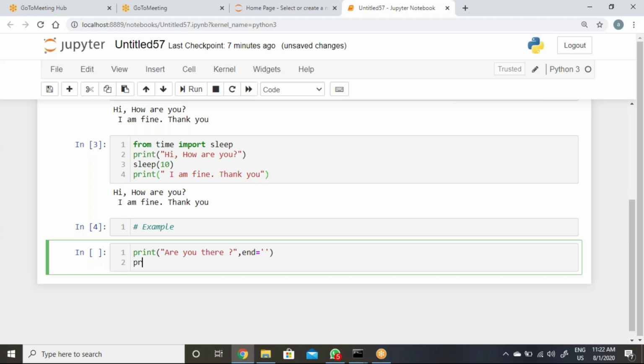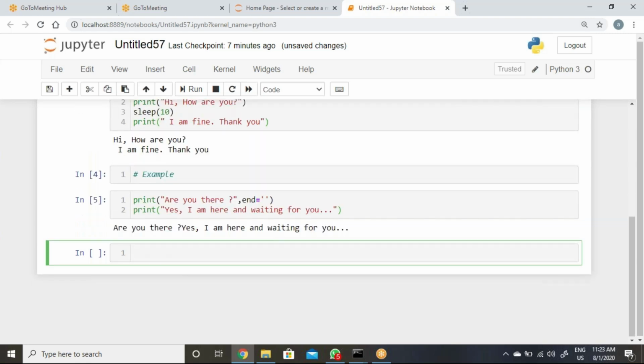Now print, what we need to understand, "yes, I am here and waiting for you." So now when we execute this, we are getting "are you there" and "yes, I am here and waiting for you." So this is coming at a time.